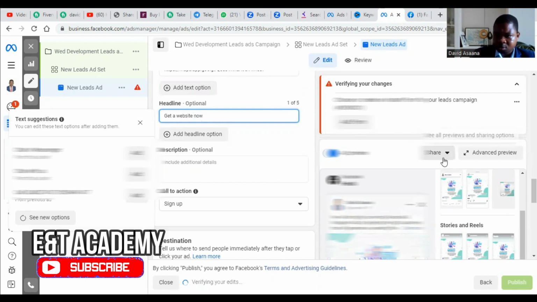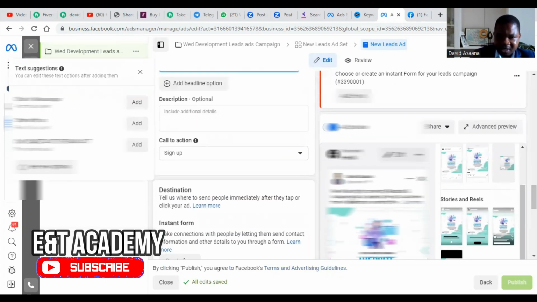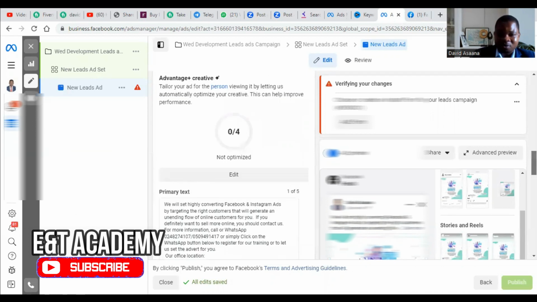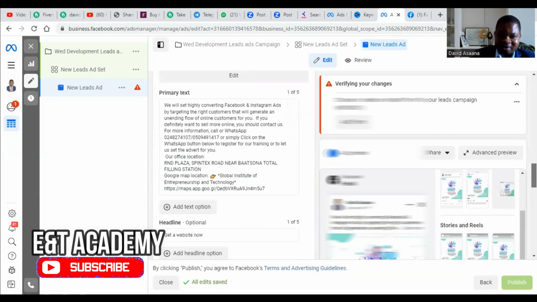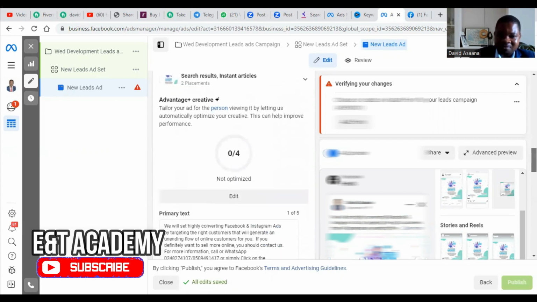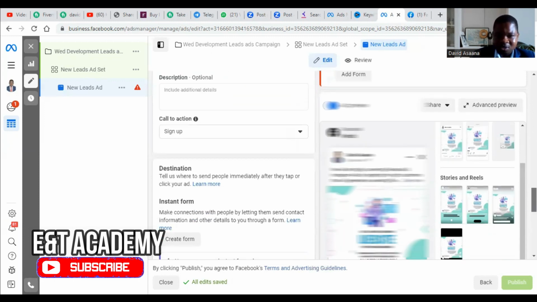Okay. So when you look at it, you see the primary text, and the primary text is the short text describing in detail whatever you are offering. What I have put in my primary text is just an example. It's not actually the primary text for the advert. It doesn't even relate to the image I have used, but I'm just demonstrating for you to understand. So take time and make sure that you write a primary text that relates to the advert you are